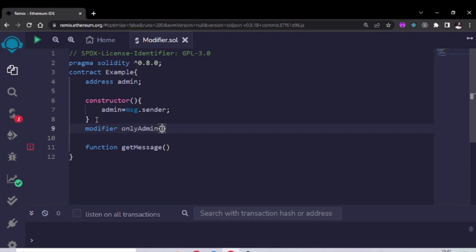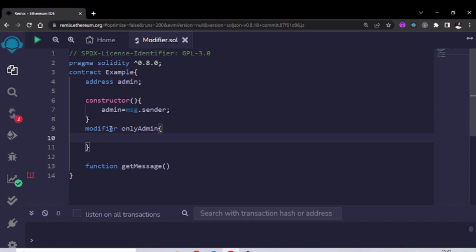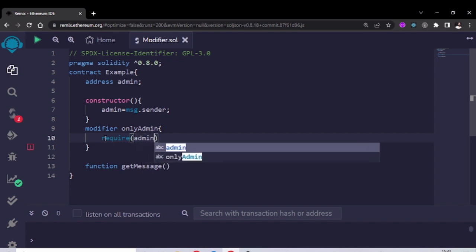Okay, and first of all, within this modifier we need to check that the account going to access this function is really the admin or not. So we have the keyword require that is going to check. So require admin equals msg.sender. We'll be checking that the account currently accessing this function is really our admin or not. If this is equal, then this function will be executed successfully, otherwise it's going to give an